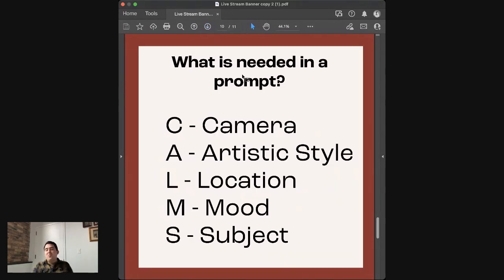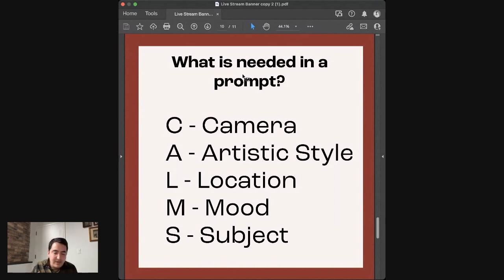And what I created was CALMS, and it originally had me doing CLAMS, but I changed it to CALMS. You can say CLAMS in your head if you want, if that's easier for you to remember. But if we're going with CALMS, what we need in every prompt in Midjourney is we need to understand what type of camera, and I'm using camera loosely here. It could be literally saying what type of camera, like we're creating a Polaroid or we're creating a Fuji 600 or a Nikon D40, like whatever you want it to be.